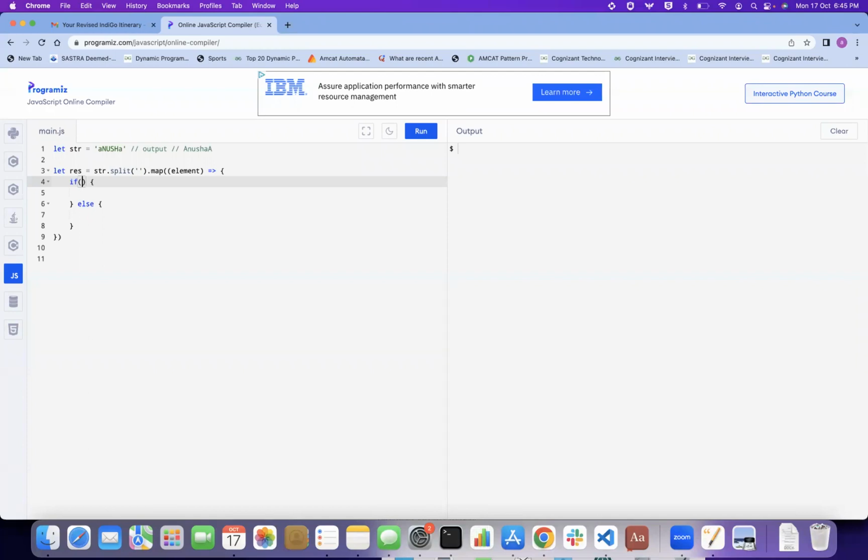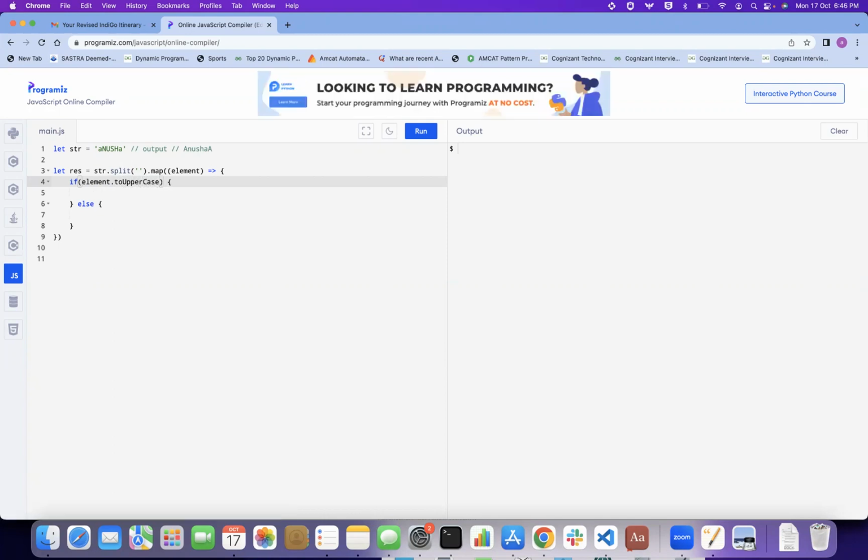It's very bad. If element dot toUpperCase is equal to element, which means you are taking a and converting it to uppercase, and it is equivalent to the normal a, the element given, which means it's already in uppercase, so you need to convert it to lowercase. Otherwise, you will just do element dot